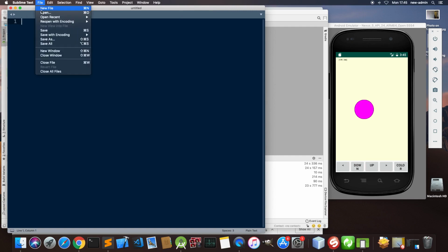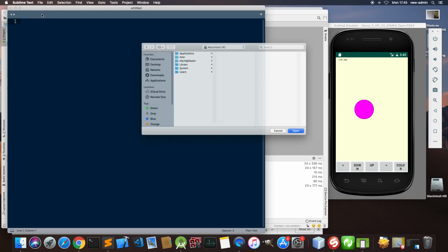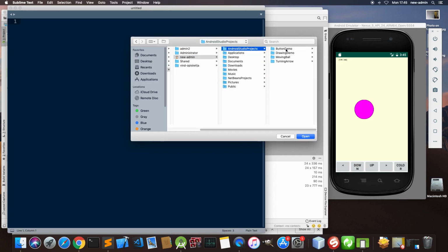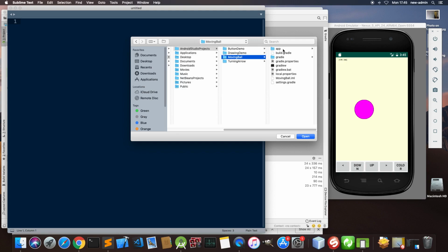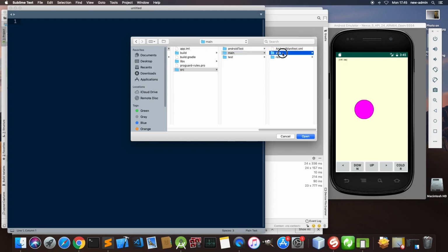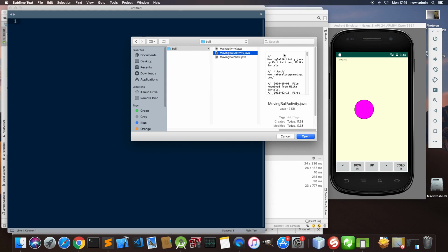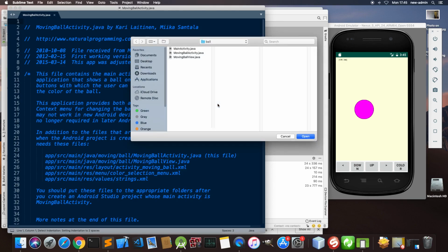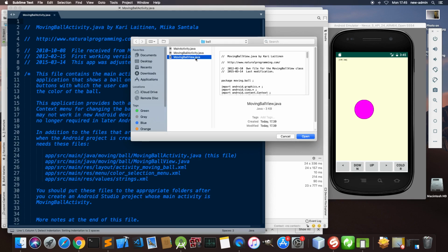So I will say file and open, and I have to find this application, MovingBall and app and source and main and Java and moving and ball. So there is the MovingBall activity. I open it. I will also open this other Java file, the MovingBall view.java,